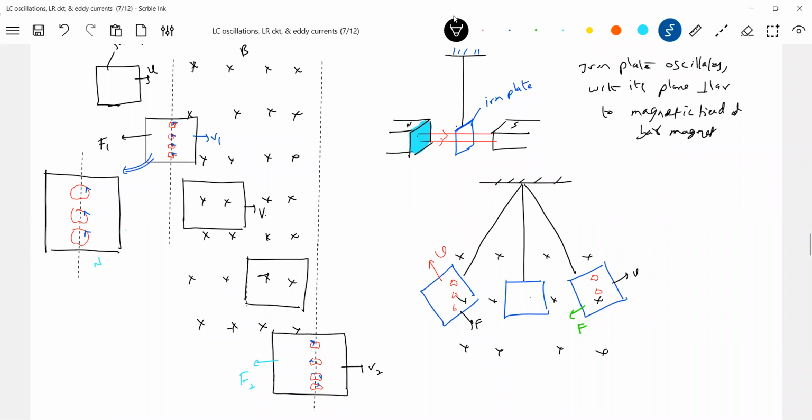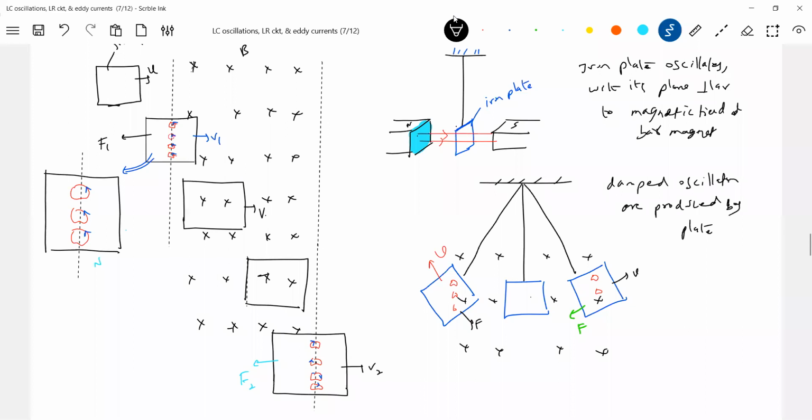So what is the oscillation now? Damped oscillations are produced by the plate. Okay, next question: why the damped oscillation? Because of the eddy currents, a retarding force is set up that will decrease the amplitude of the plate as it enters the magnetic field and leaves it.